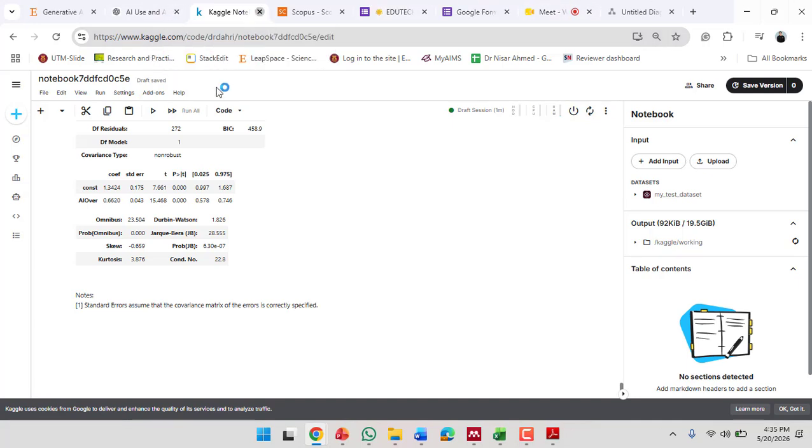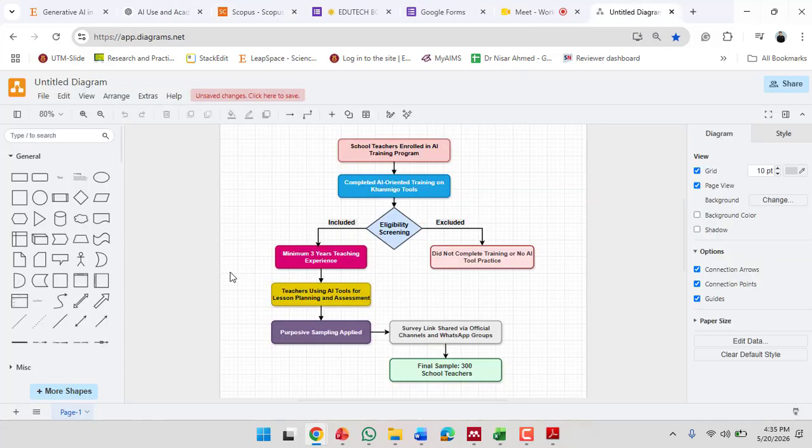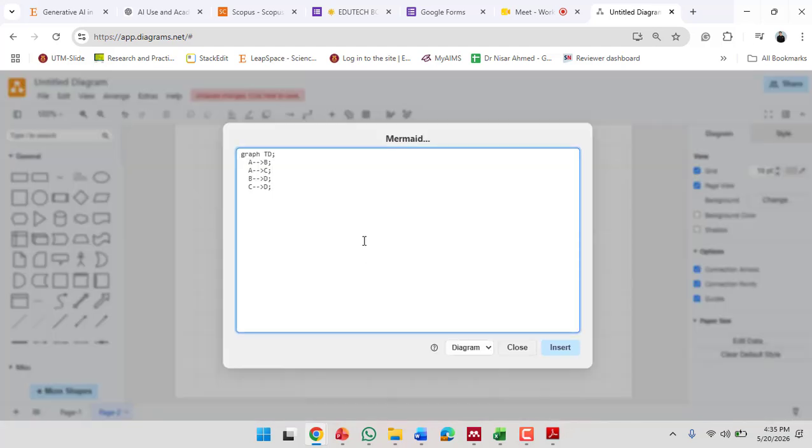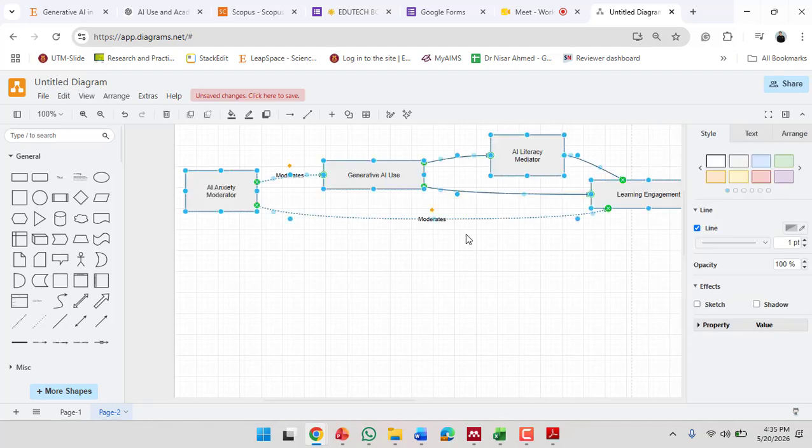If you want it more colorful, just write to ChatGPT, give more colorful, attractive, anything. If you don't like this format, you need vertical, horizontal, any format, just write the prompt and ask it to give you that. You can now make this in your colors, editing here. I don't have much time to edit this one. You can add the hypothesis number. If you find the final results, you put them here, copy, paste, and everything you can do here with Draw.io. You can also use Napkin as well.